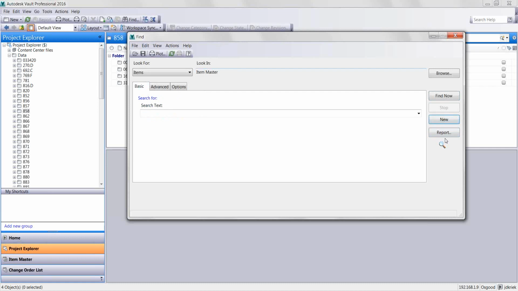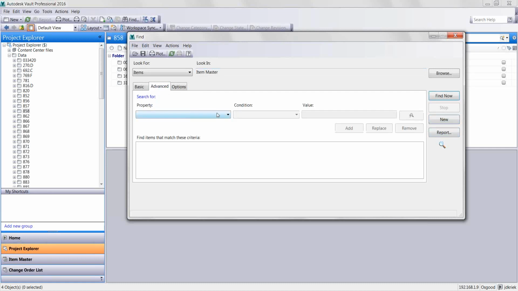We're not going to go really over reporting, but I do want to mention that anytime you do a search like this, whether it be a saved search that you're opening up or you're doing some sort of criteria search here, you can actually report on that. So that will give you an actual report template that you can save out. So if I want to show somebody that they have files checked out,